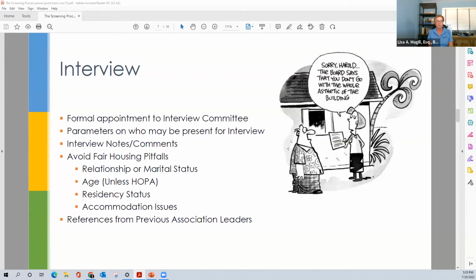I know previous association managers may be hesitant and have some trepidation about answering questions about former residents or actually current residents. But if those questions are legitimate and not too intrusive, you may find that you obtain that information. Like, did they live there? Oh no, only one person lived there. The other person we saw maybe once a year or once every other year. Do they have these vehicles that they claim? Do they have other vehicles? Things along those lines.